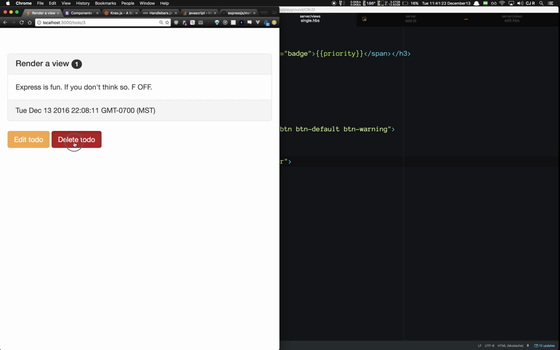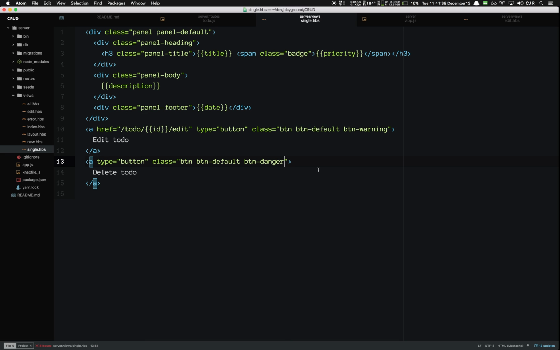But what we need to do is make a delete request to /to-do/id to delete the specific to-do. So what I can do is create a form right there, and when I click the button, submit that form to make the delete request. So let's make that happen. So make a teeny tiny invisible form. And its action is going to be, what is it? It's /to-do,